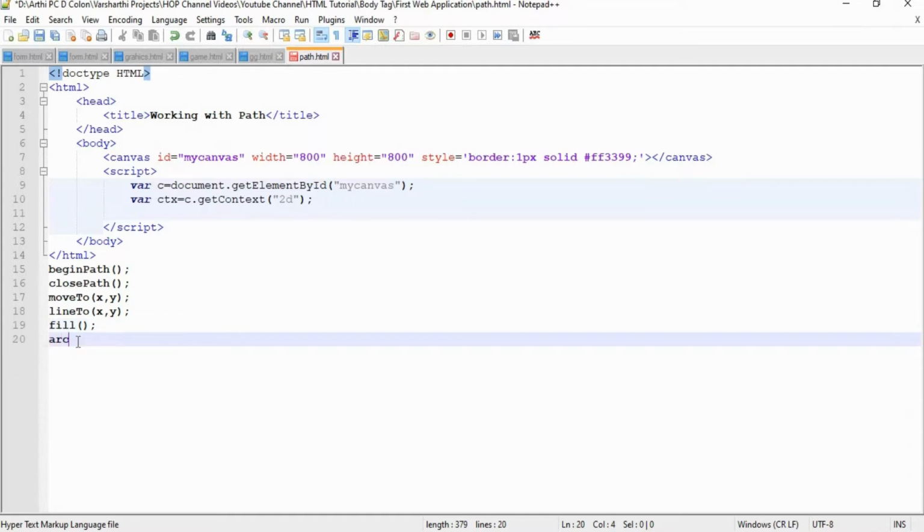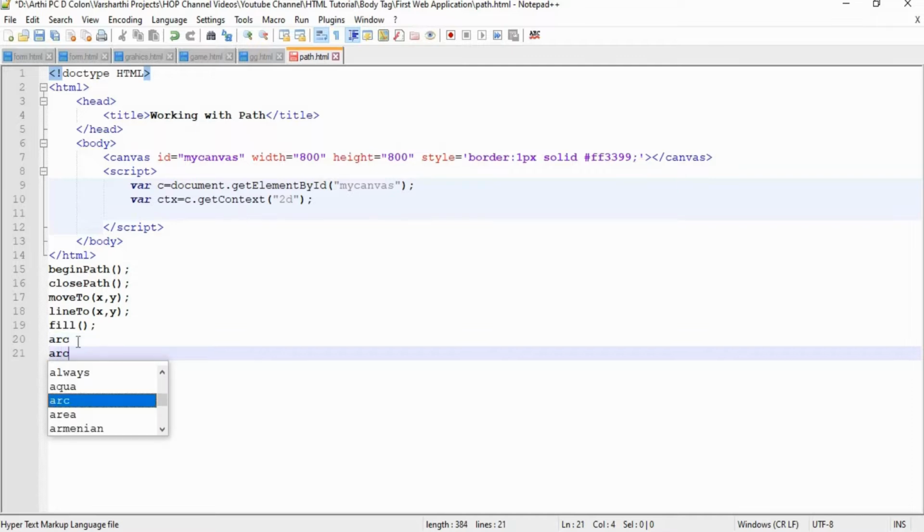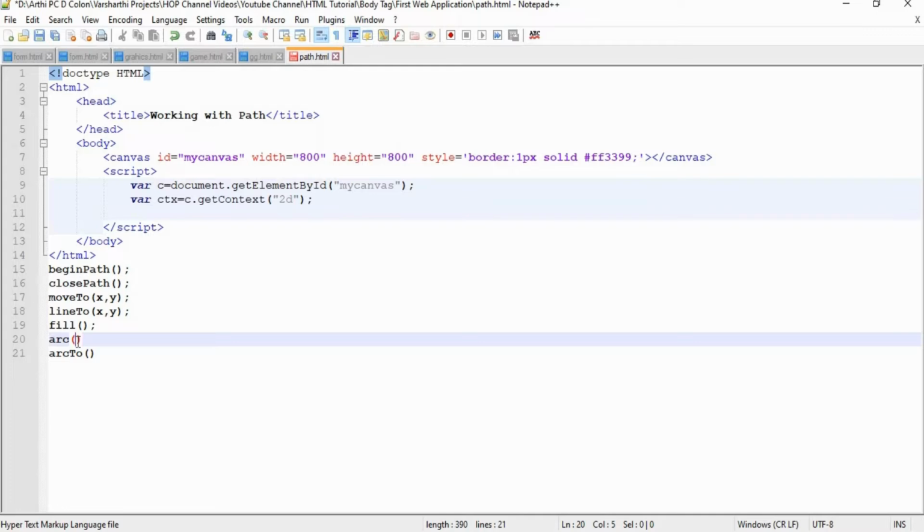After that we have the arc and arcTo functions. These two functions can be used to create a circle. Not only a circle, the main purpose of the arc function is to create an arc. If we connect multiple arcs, it can be a circle. So the circle can be drawn with the help of arcs.